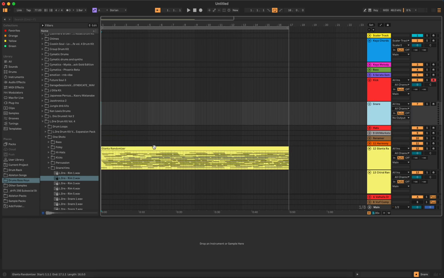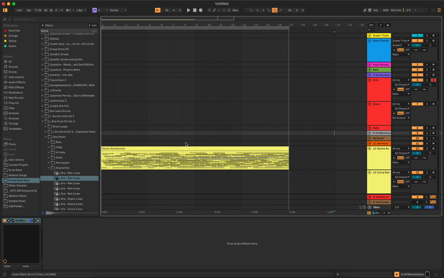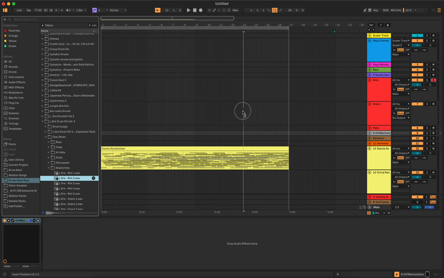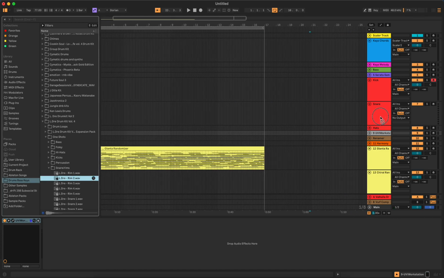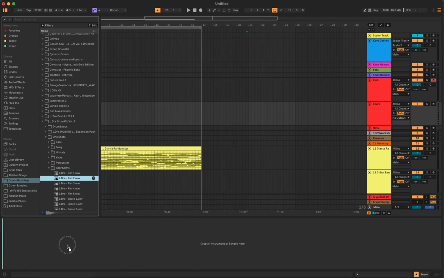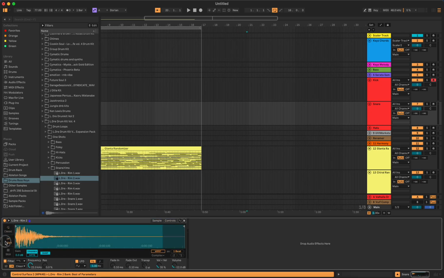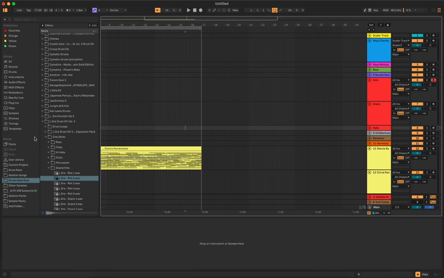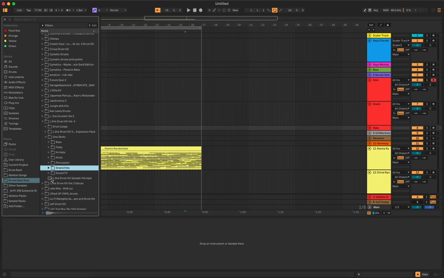So let's say you're on a different track, but you want to put the sample on this track. Well, if you drag the sample straight to the track, it's going to put it as audio. So to bring it into the MIDI, you hold it over the track, and then it'll take you to that track without having to click the track. It's just a little bit quicker. I'd say it's quicker, but if you're on another track and you forget,